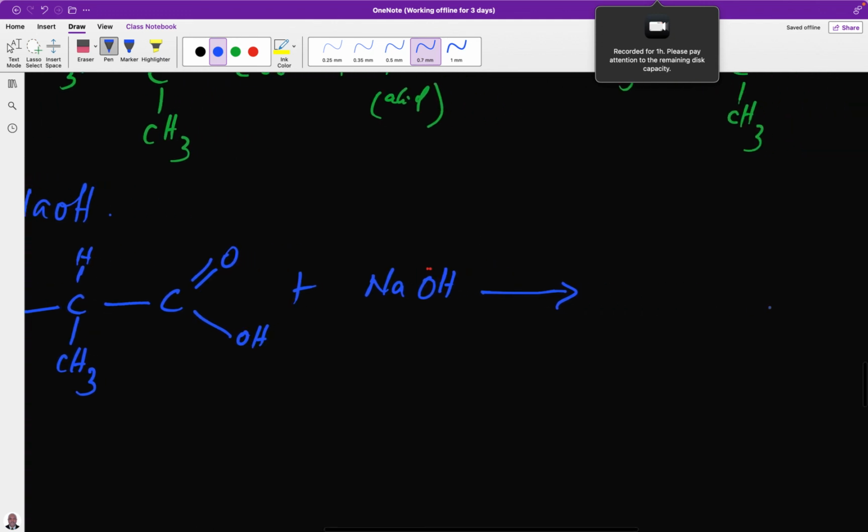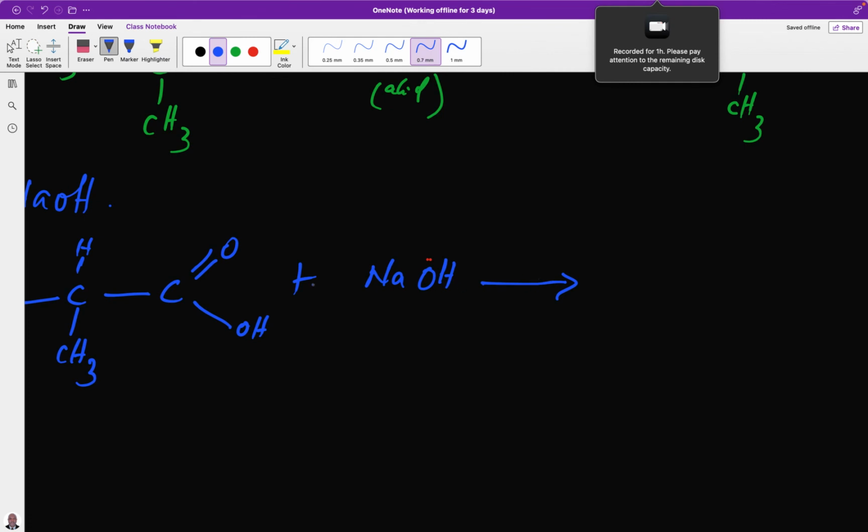We will have this. When a base reacts with an acid, a salt is formed again. So what is going to happen here? Salt and water is formed. So what is happening here is we will still have our NH2,